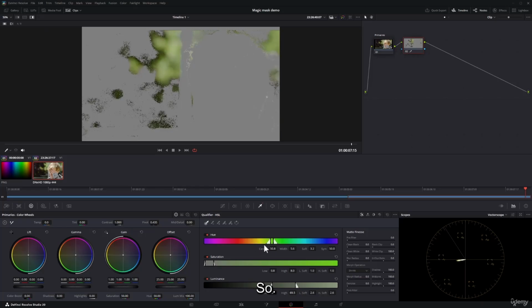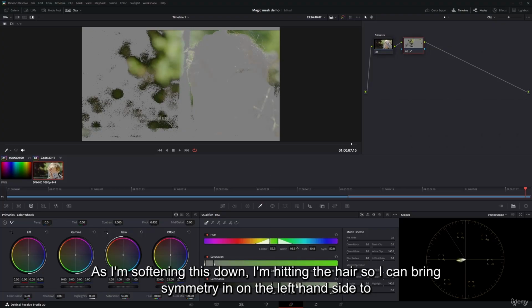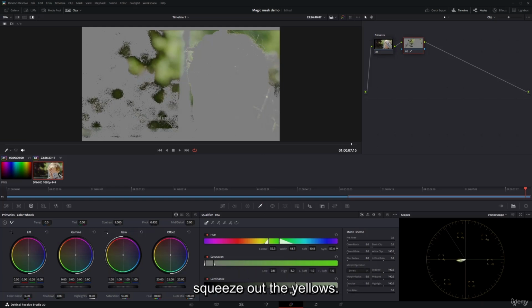So I'm going to expand the greens, and I'm going to make it softer. As I'm softening this down, I'm hitting the hair, so I can bring symmetry in on the left-hand side to squeeze out the yellows. That's a good use case for symmetry. Expand width, push that out,